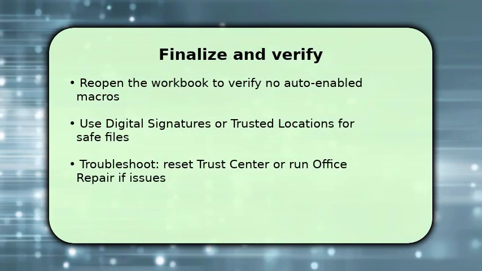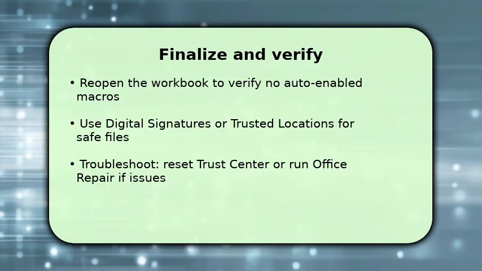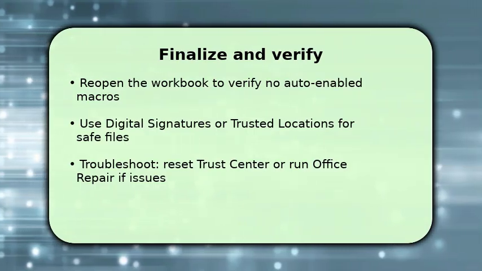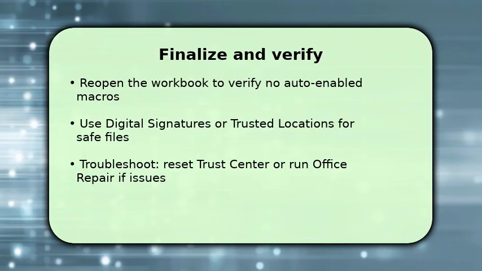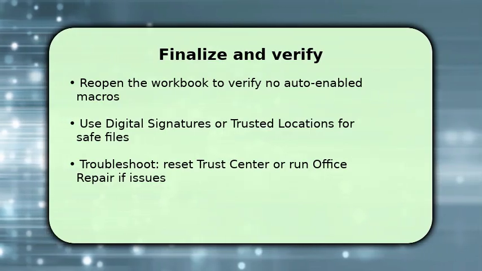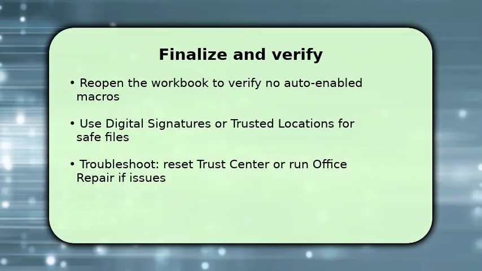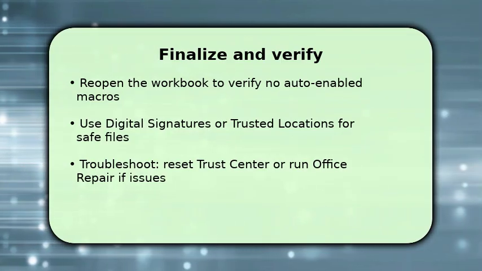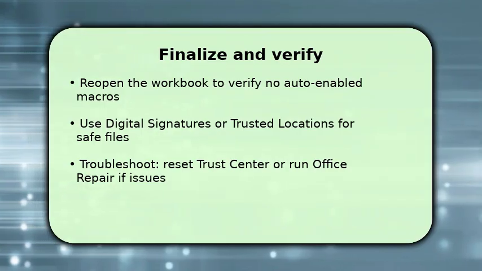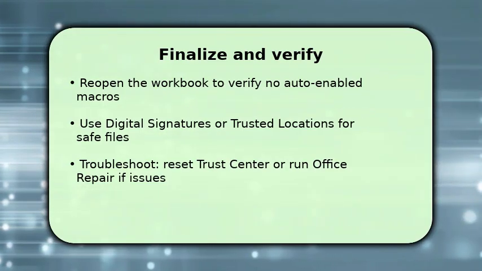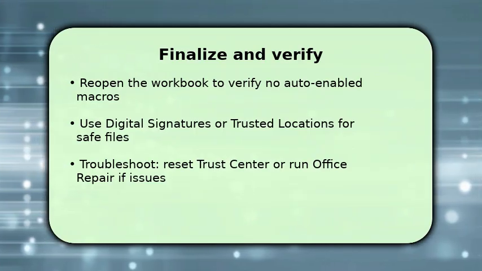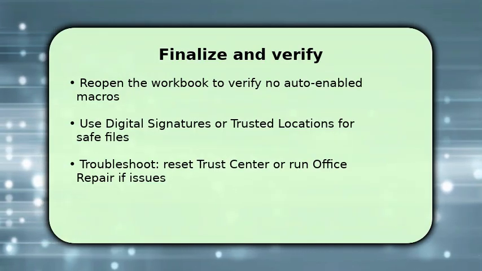You finish by verifying behavior and applying safe exceptions. Reopen the workbook and confirm macros are disabled unless you explicitly enable them. For files you trust, use a digital signature or add the folder to trusted locations so Enable Content won't appear for approved files. If something goes wrong, Excel still enabling content or refusing to open files, reset Trust Center settings